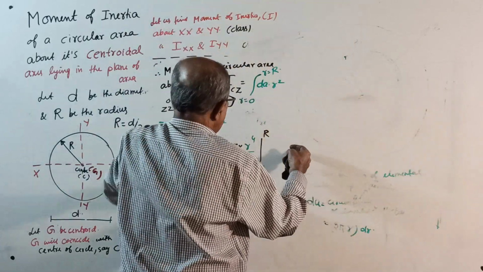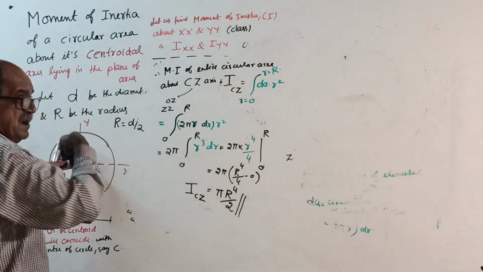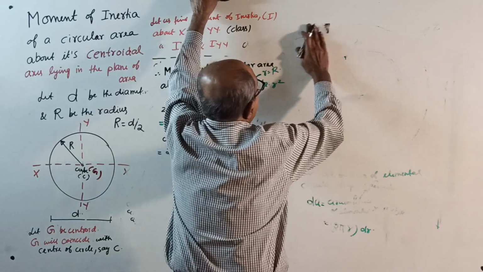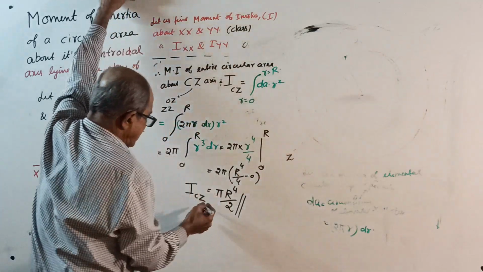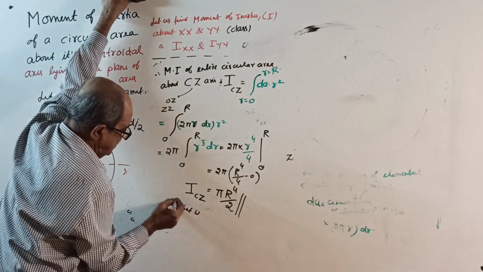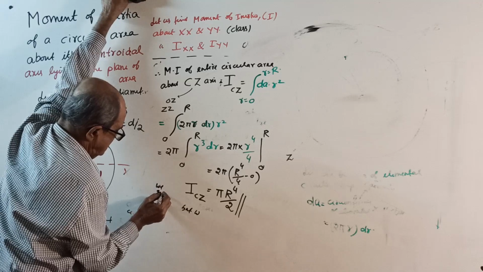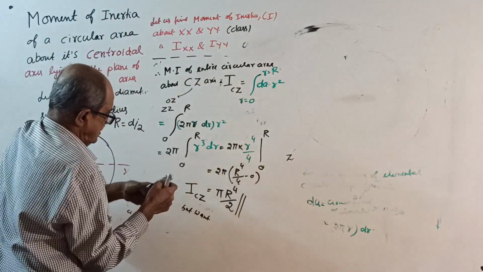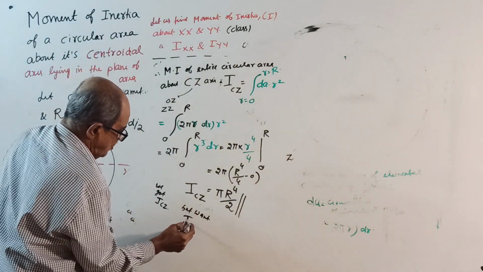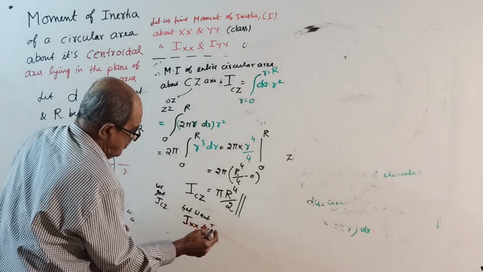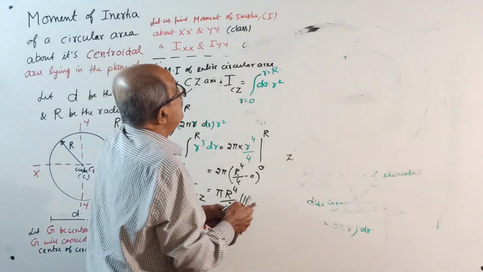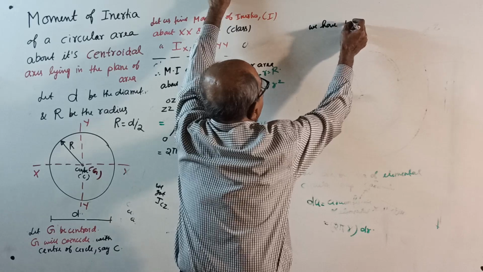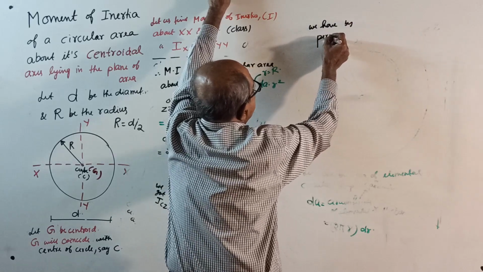We got I about the perpendicular axis, the Z axis, but we want I about XX and I about YY. No problem, we have, by the perpendicular axis theorem,